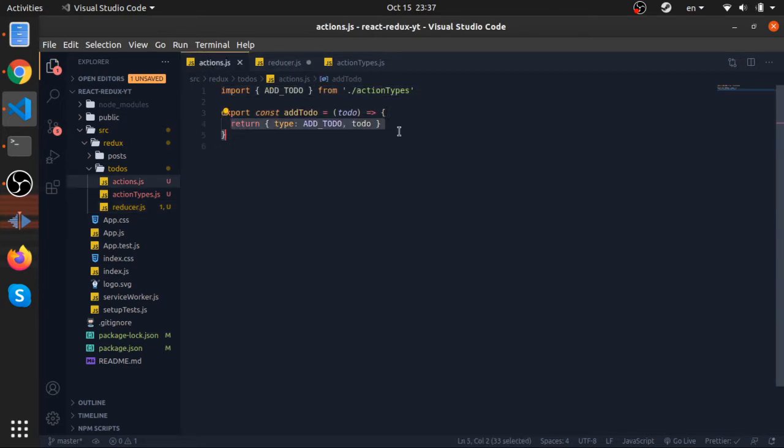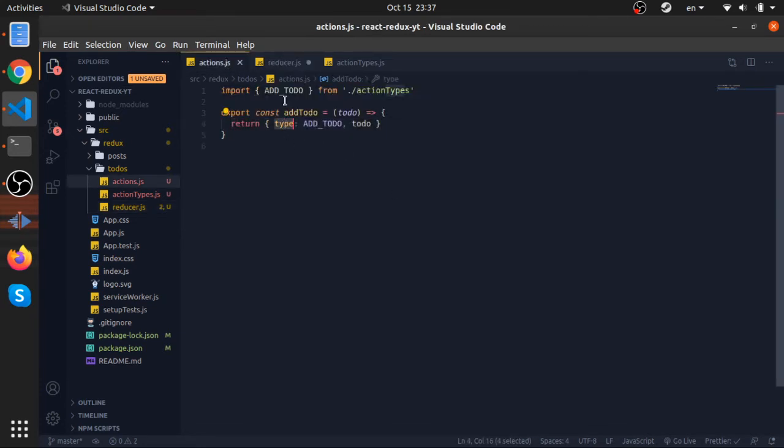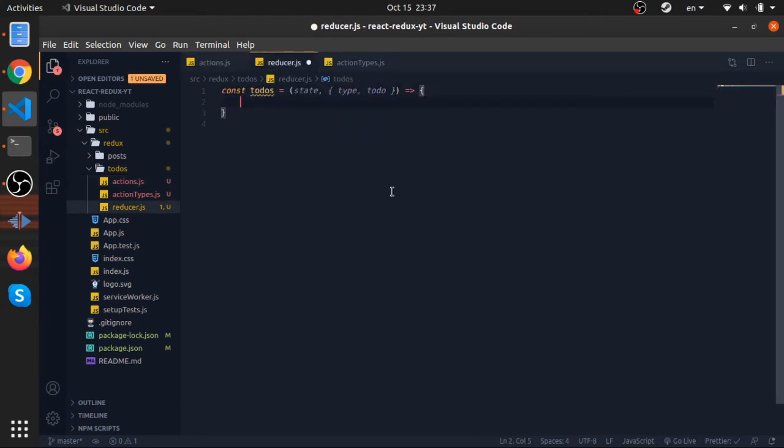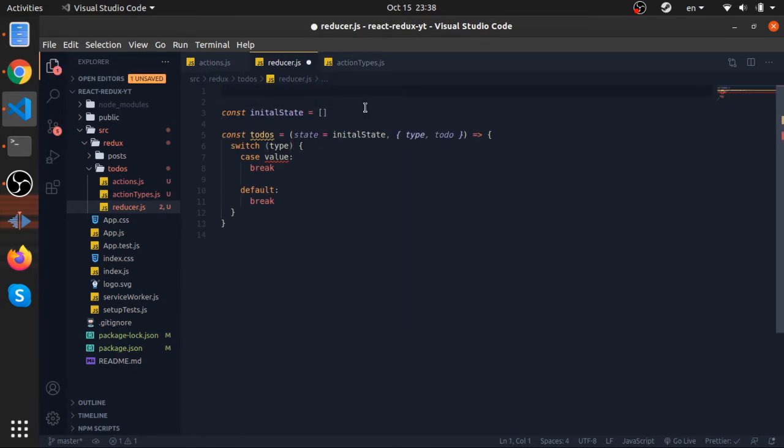So anything your action returned will be available here. I usually like to destructure them, so I will destructure the type and toDo. And my toDos in this file will be an empty array by default. So I will create an initial state, which will be an empty array, and I will assign it here like this. And I will have a switch statement. I will switch on the type. If the type is equal to the action type add to do,